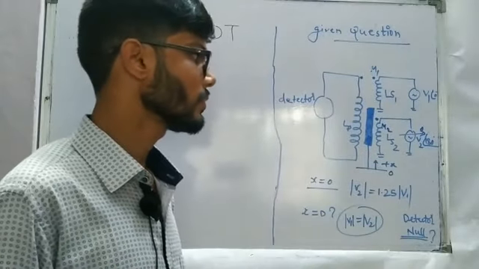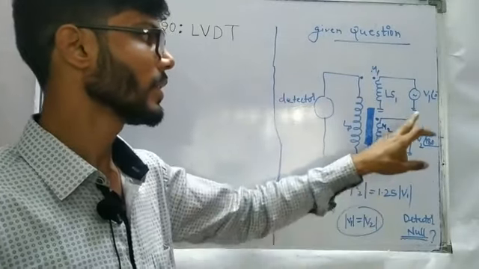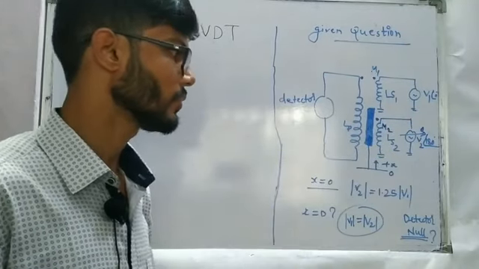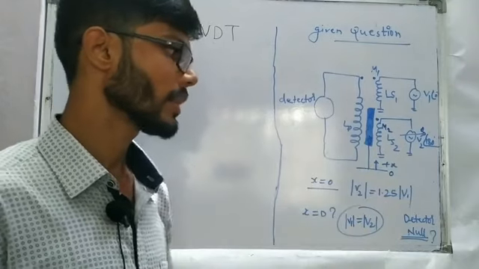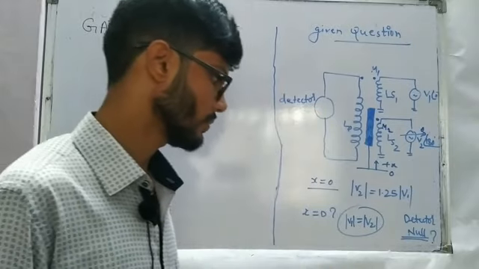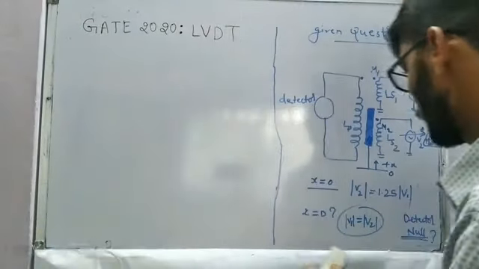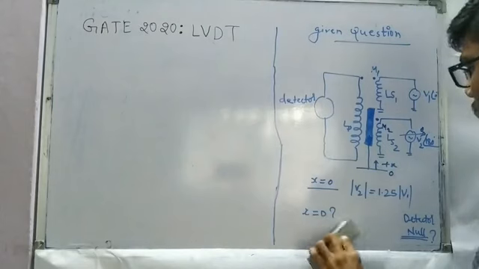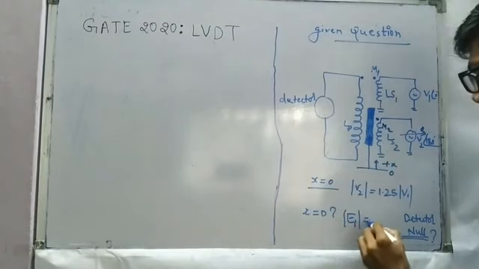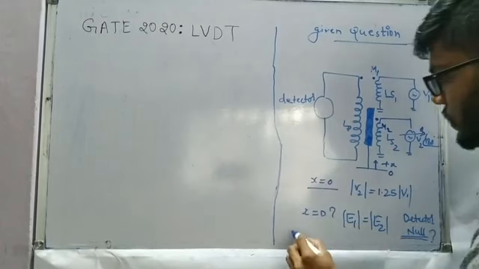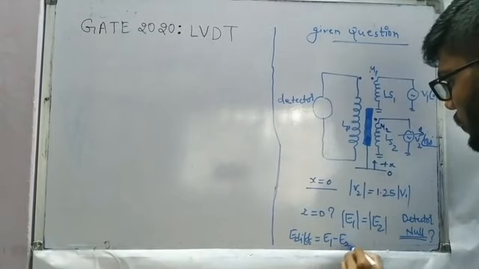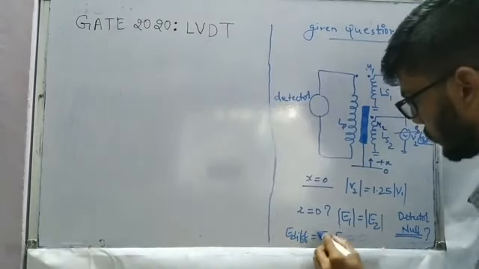So we have to displace the core in the upward direction, then only will we be able to increase the voltage across series 1 and decrease the voltage across series 2, and then only will we get the null position in the detector. The magnitudes of V1 and V2, no, it's not going to be V1 and V2, because in this case they are supplies. So instead of V1 and V2 we will take them as E1 and E2, and now we have to make the magnitude of E1 and E2 such that the difference E1 minus E2 is equal to 0.